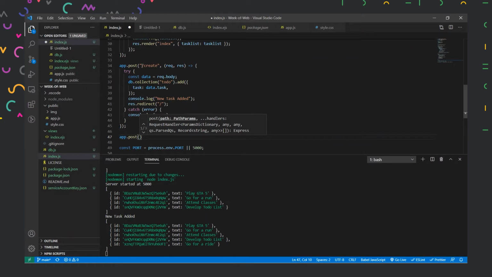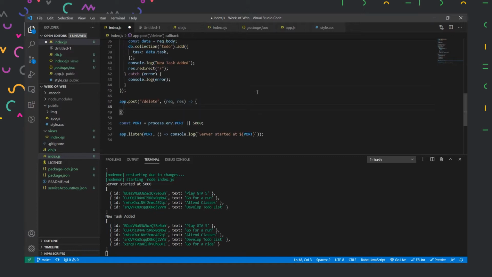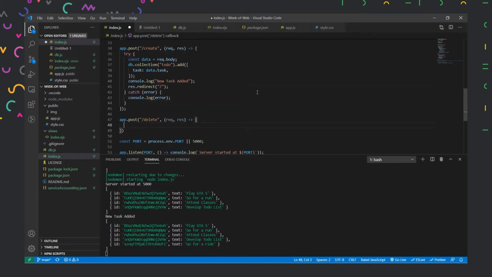The first one is the name of the API, and the second one is the request response method, right? So let us create the delete API over here, and in the delete API we will create a request response method. And let us forget about this try and catch, we'll use that some other time, but for now let us just focus on how to delete something from our database.